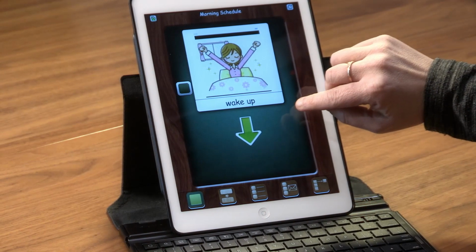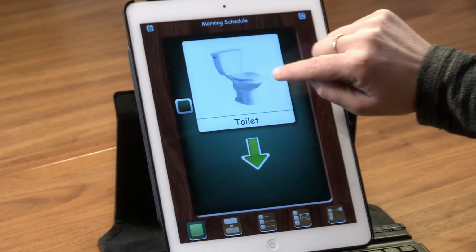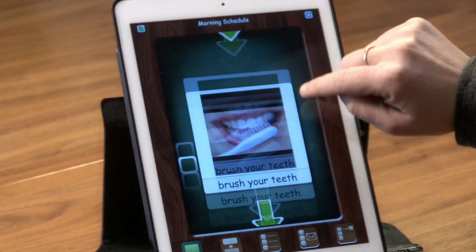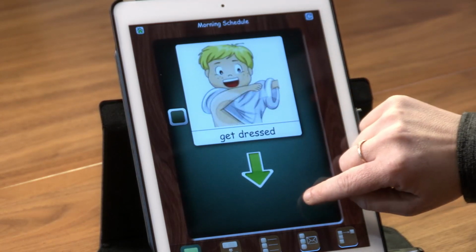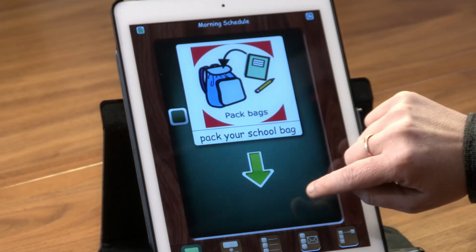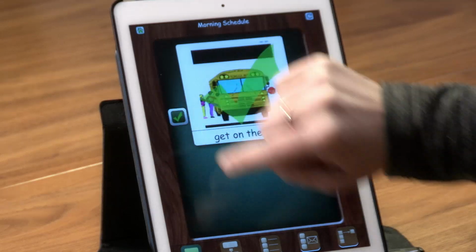This is an example of a morning schedule in teaching a child to independently complete each step in the morning. Wake up! Use the toilet. Eat breakfast. Brush teeth. Get dressed. Brush your hair. Pack your school bag. Get on the bus, love you, bye. And as they complete each task, you can check off in the box that that task is complete until the